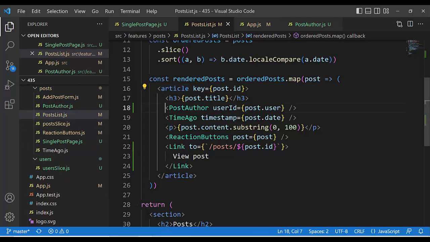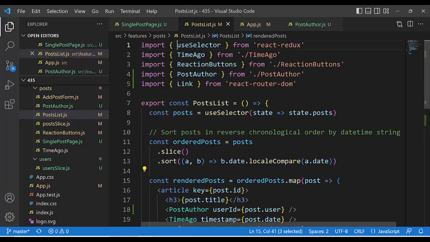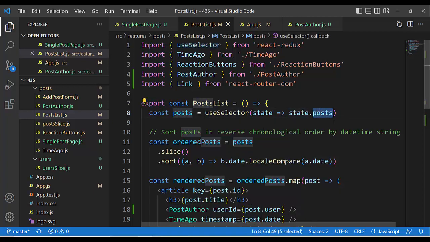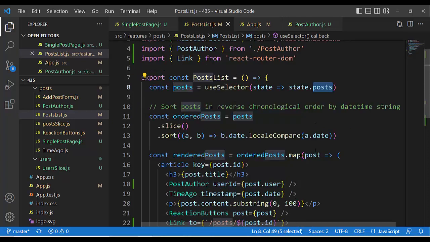Here it is, this is child, child, child, child. This is that React elements are children of the posts list. The post list is the parent, and the parent received, useSelector received all posts, and all fields inside posts, of course, and here